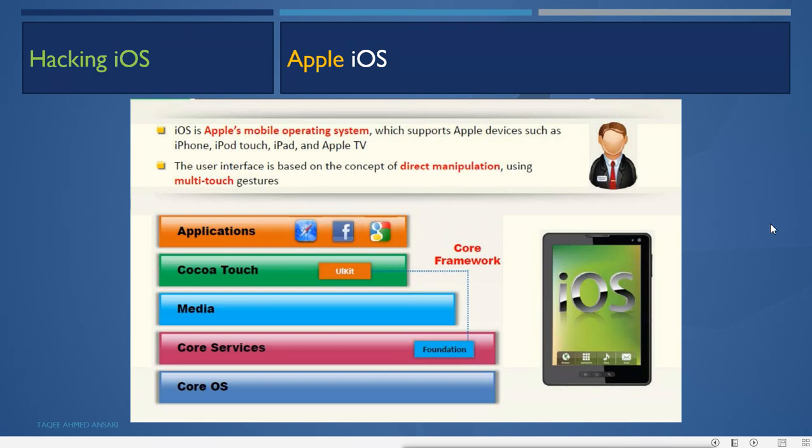The user interface is based on the concept of direct manipulation using multi-touch gestures. So the user interface is a touch interface where you can directly manipulate the icons and the configuration.